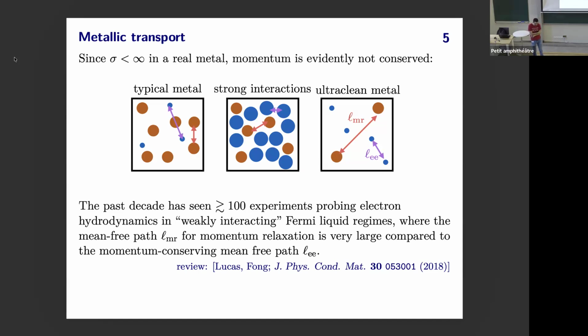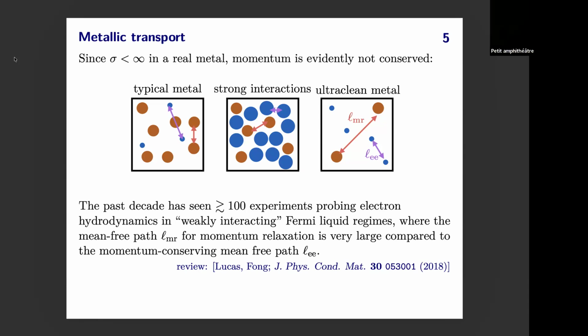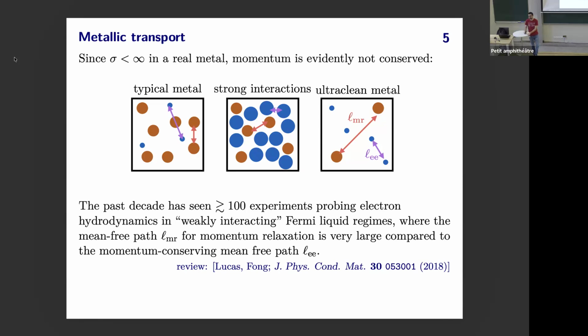Maybe the more practical response would be that, as I mentioned, I don't think there's an experiment that has really seen convincing evidence for a signature of viscous transport in a cuprate. And I will show you a number of them in graphene. So this is something that's very testable experimentally. It would be amazing if someone could do it in a new family of materials, but to date, I don't think it's been done.